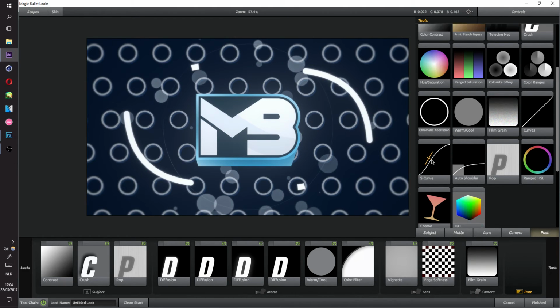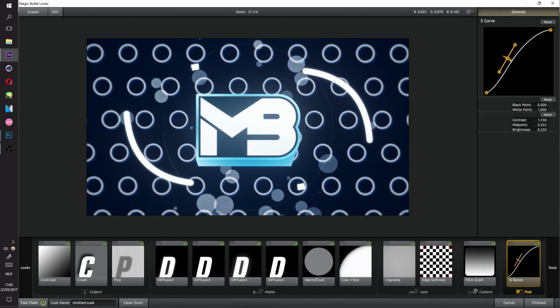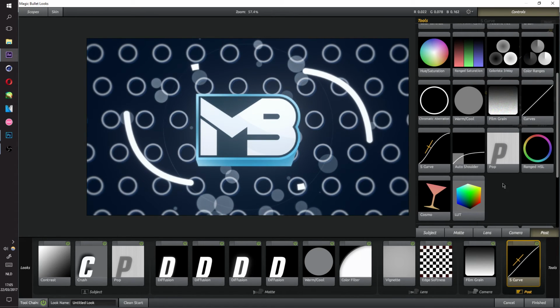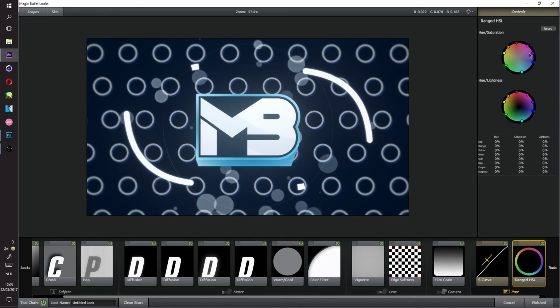And right here we are going to add an S-curve, and basically only a little bit of this S-curve, like this much. And now add a range HSL, and for instance, if I wanted this to be more purple, I could do this. If I wanted these colors to be more gray, I could do that. But I want this intro to be a little bit more to this side, and this side a little bit more to